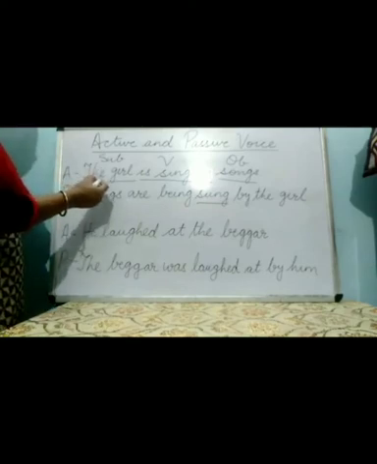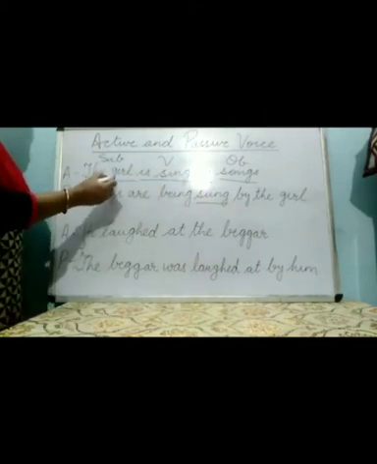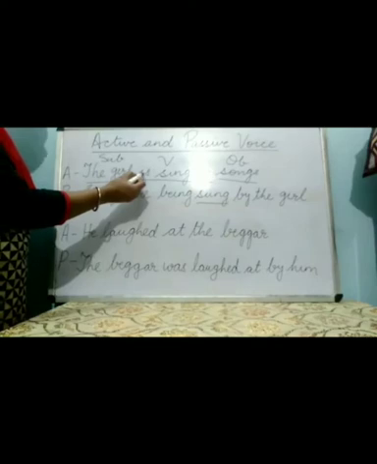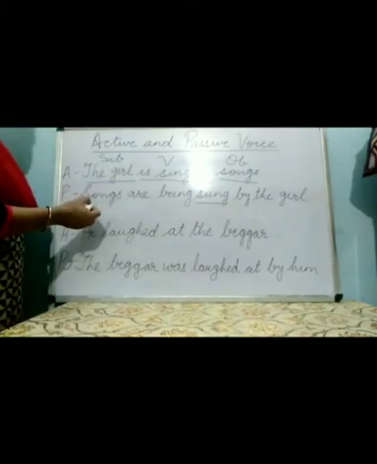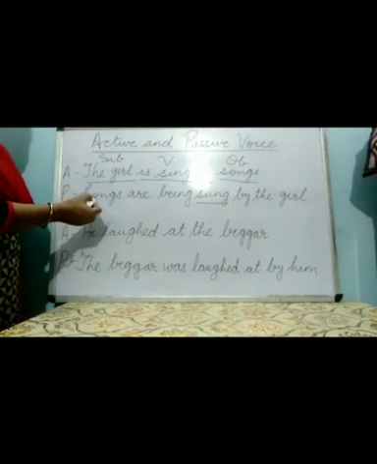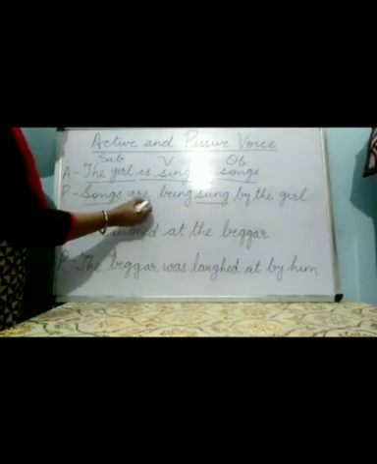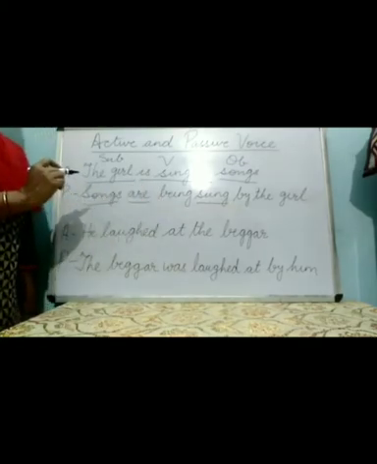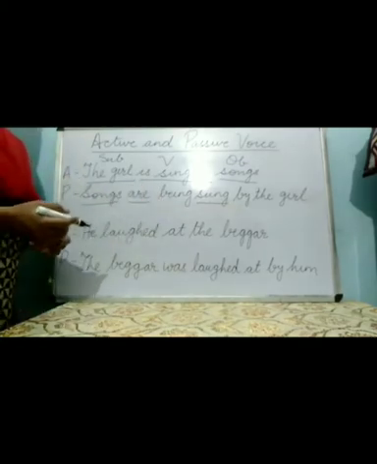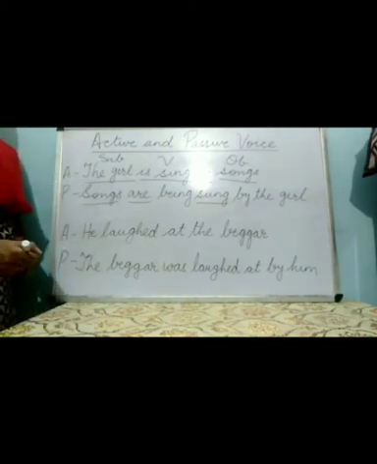So here in the active voice you can see the girl is singing. Here the girl is a singular subject, so we have used is, that is a singular verb. But when we change it into the passive voice, songs now comes to the subject's place. So songs is a plural word and the verb changes and it becomes a plural verb. So the third rule is that the number of the verb depends upon the number of the subject. So in this we come to learn about three main rules.